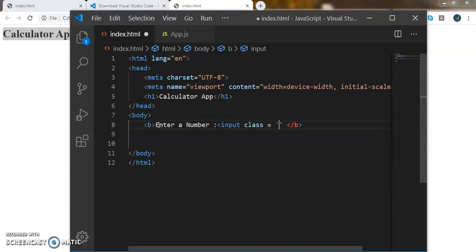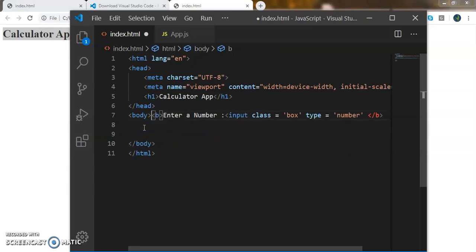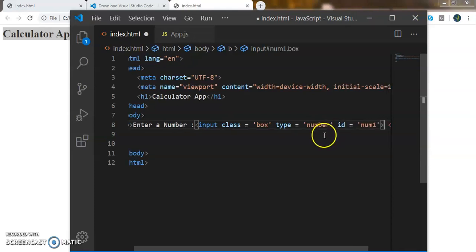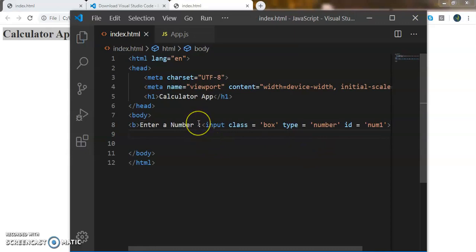Let's name the class as box, and type equal to number, so the user can input only numbers in the box. Let's give this an element ID as num1. Just Ctrl S to save and open this in the default browser.